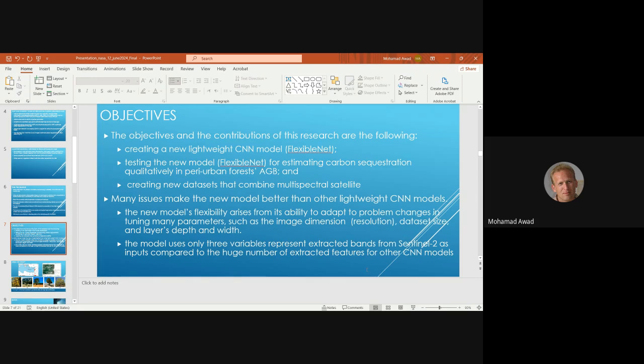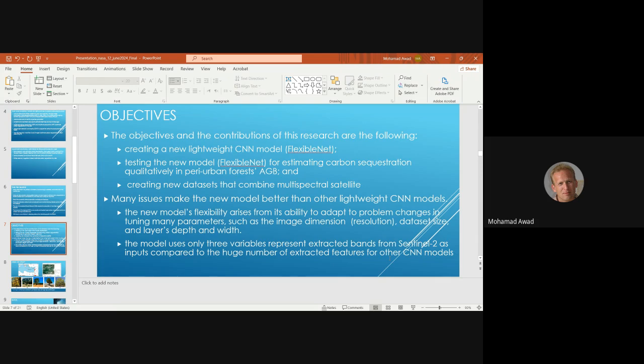Many issues make the new model better than other lightweight CNN models. The new model's flexibility arises from its ability to adapt to a problem, changes in tuning many parameters, such as the image dimension, resolution, dataset size, and layers, depth, and width. The model uses a few variables. 3 variables represent extracted bands from Sentinel-2 as inputs compared to the huge number of extracted features for other CNN models that estimate carbon